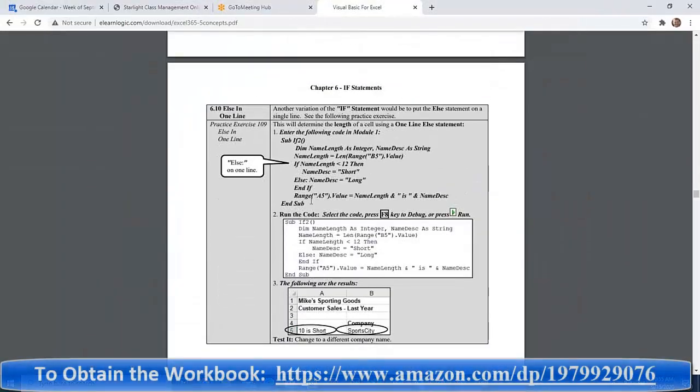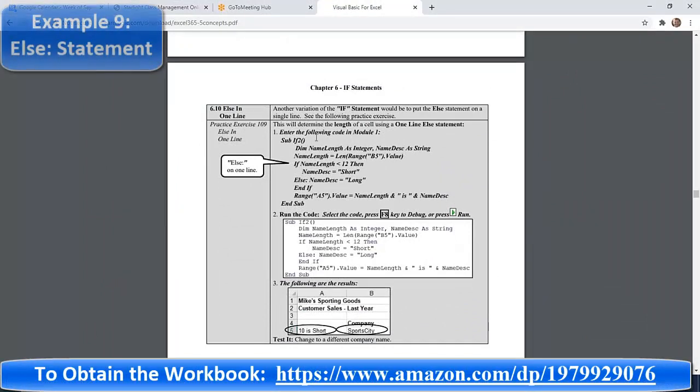Okay, so down here, this one is just a few of the variations that I found. Here's your if statement, and then the else statement. We usually put the else, and then we put a return and put the code in under it. I found that if you put a colon right there, you can put the else statement